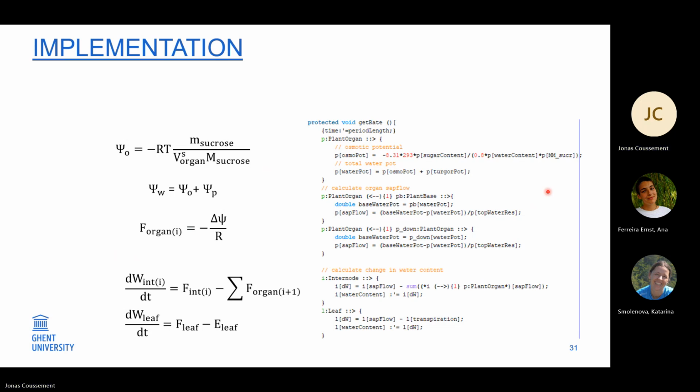Basically, we calculate the sap flow in a step. It's in my get rate function, but it's not a differential equation. So we can assume we know it at this time step, but I'm not exactly sure. I should really just test it. It's always the easiest way to see. Because it's here where we calculate the flow, we already select during which plant organ. Yeah, exactly, but you do have your